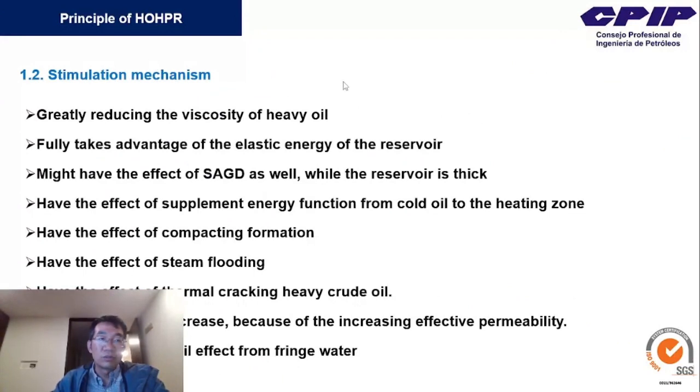1.2 is the stimulation mechanism. The first one is greatly reducing the viscosity of heavy oil. The second one is fully taking advantage of the elastic energy of the reservoir, and there might be the effect of SAGD as well,